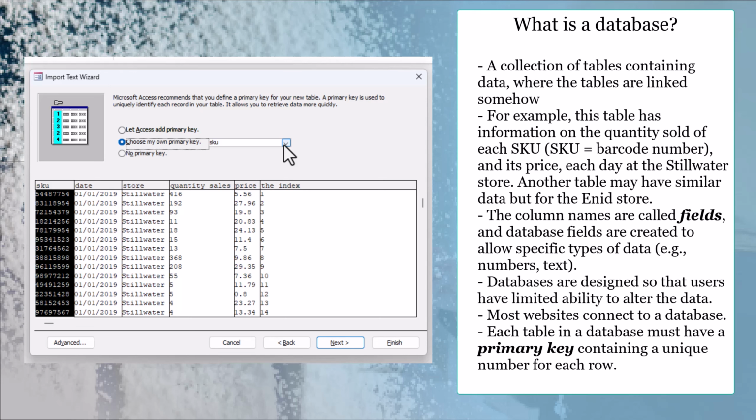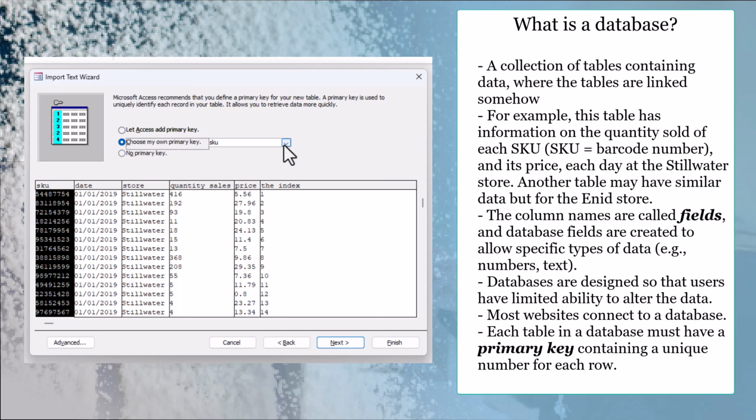Now the column names, we call those fields in databases. That's kind of like a variable name. And these fields are designed to allow only certain types of data. So date uses date-time data, store uses text data, quantity sold uses integers, price uses numbers with